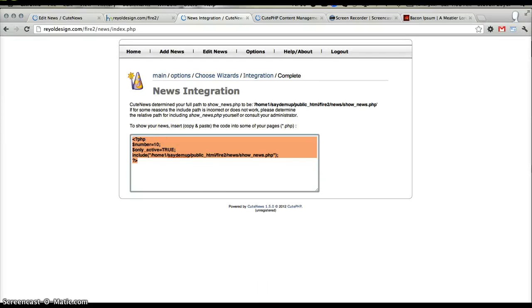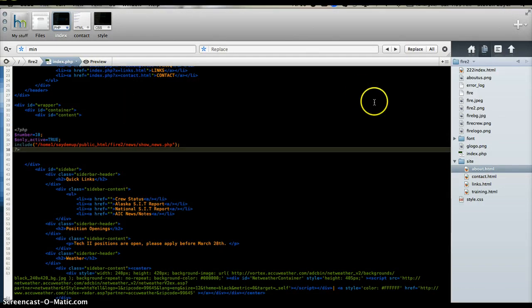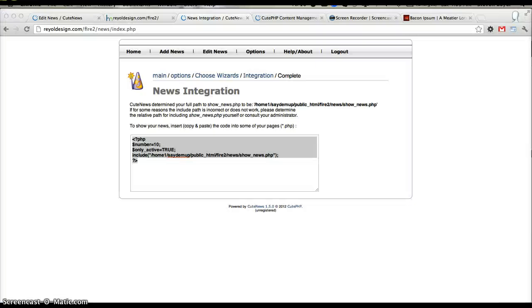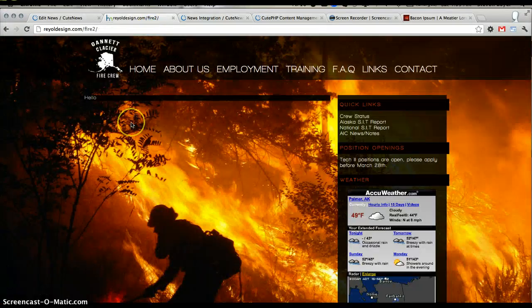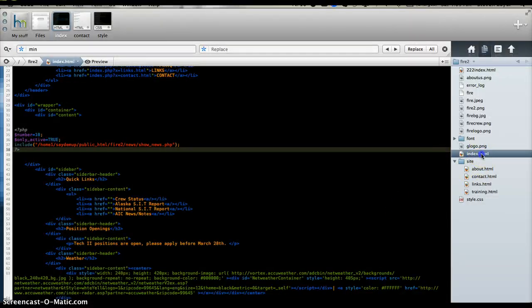So we're going to open up our editor, and where our content area is, we want our news to display. We're going to go like this. Most of you guys are probably working with a .html file, so I'm going to show you what happens if you're using HTML. We're going to save that. And it gave us our code. We did everything right. We have a .html file for an extension, and nothing's going to show up. The reason is because Qt runs on PHP, so your file has to be a .php